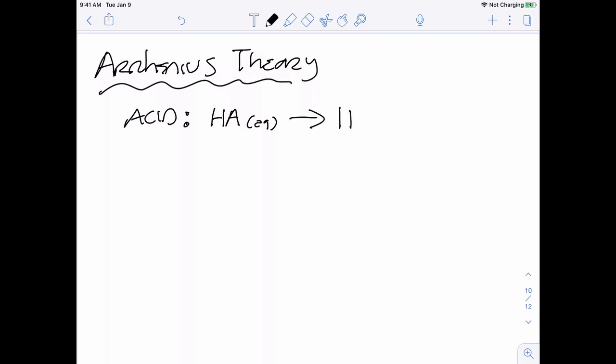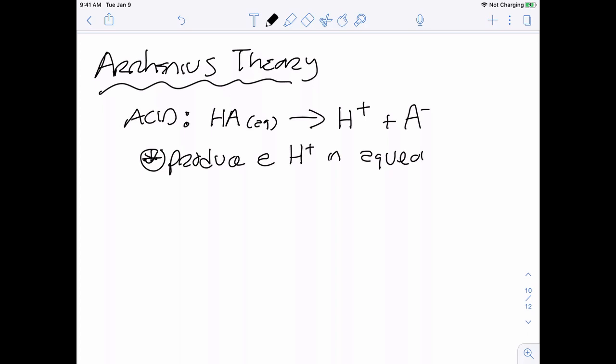When I put it in water, however, we're going to produce ions, hydrogen being one of them. So according to this theory, it's going to produce a hydrogen ion in aqueous solution. So if you take it, you put it in water, one of your products is H+, then we're going to consider it an acid. Again, this is just one theory, but it's the one that I want to use for neutralization reactions. So produces a hydrogen ion, H+,